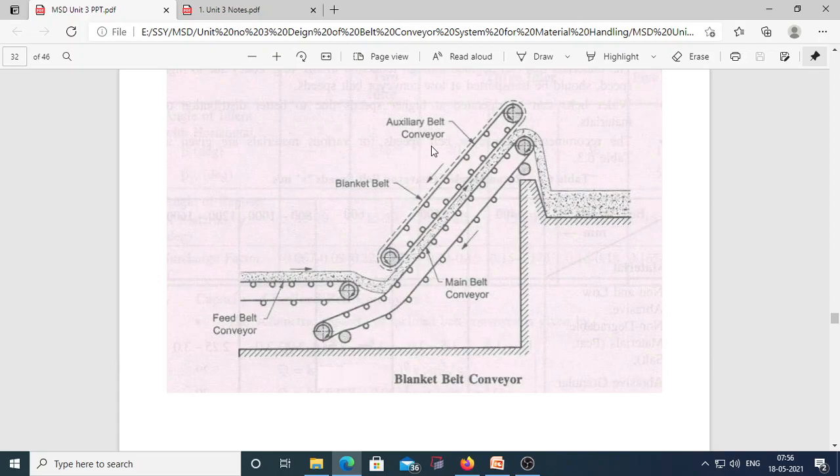Okay, the material on the main belt is prevented from sliding down by the blanket belt, which is actuated by the auxiliary belt conveyor. Check that. This blanket belt is actuated by the auxiliary belt conveyor. Okay, the blanket belt is made of rubber.